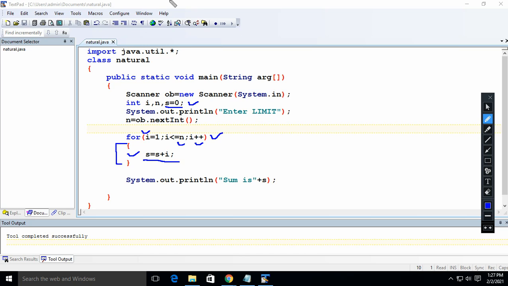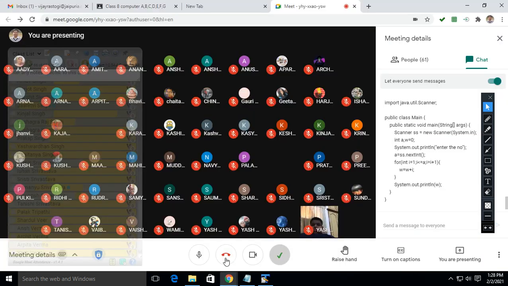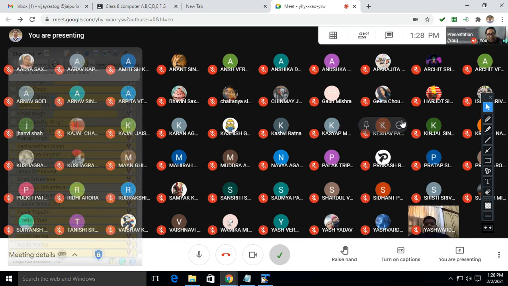So that last value we are printing outside of the loop. Why are we printing outside of the loop? Because there is only a single output. Am I clear? Yes, sir. Now is it clear, everybody? So we will always print outside of the loop, sir. See, this actually depends on the question. Now everybody please pay attention.